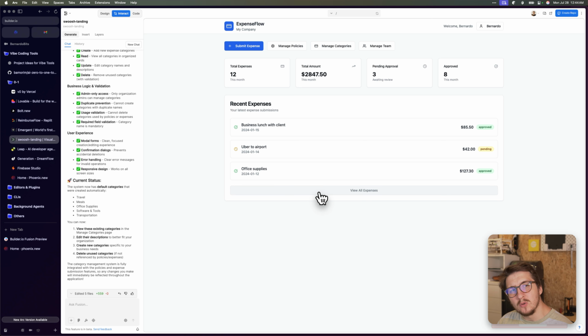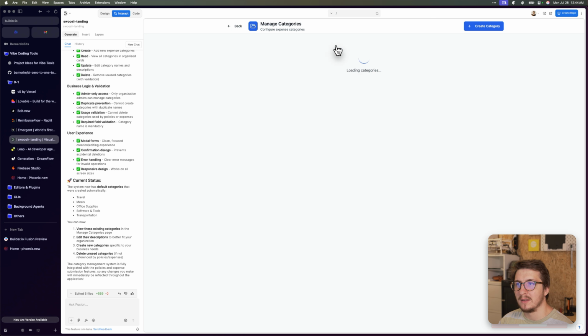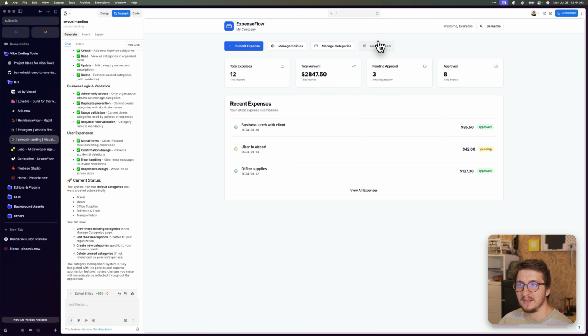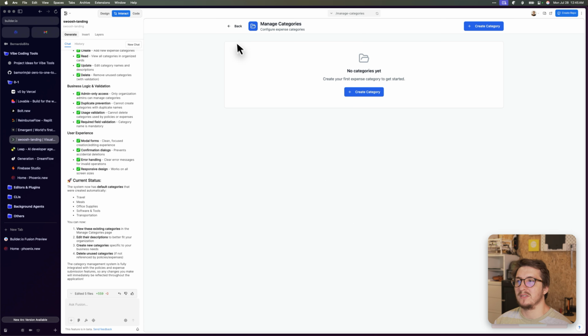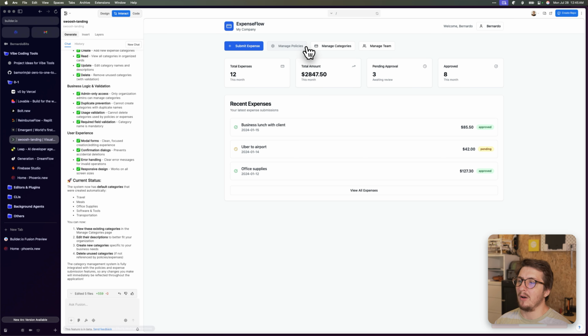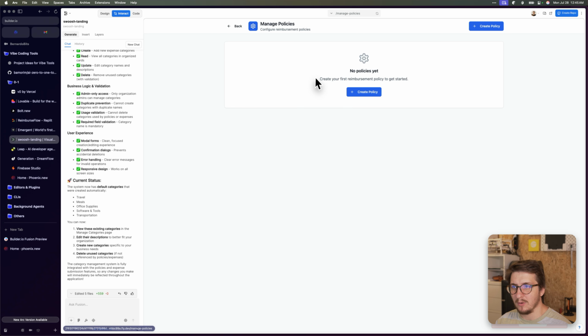I think it's doable and you can work around it, but like, view all expenses, what does that button even do? It had a bunch of things like manage policies, manage team. It wasn't working. I had to ask it to create this thing. So manage team doesn't work yet, but manage category now works. But then I tried to create a category like travel, and it just fails, and I have to debug. And the amount of messages I have to send compared to the other ones,